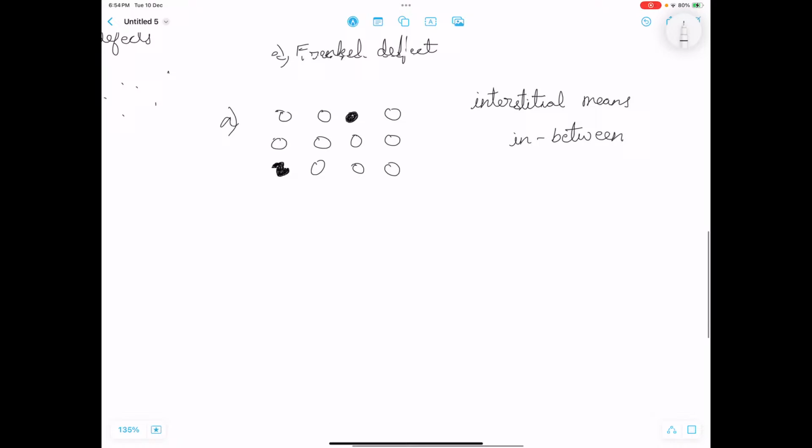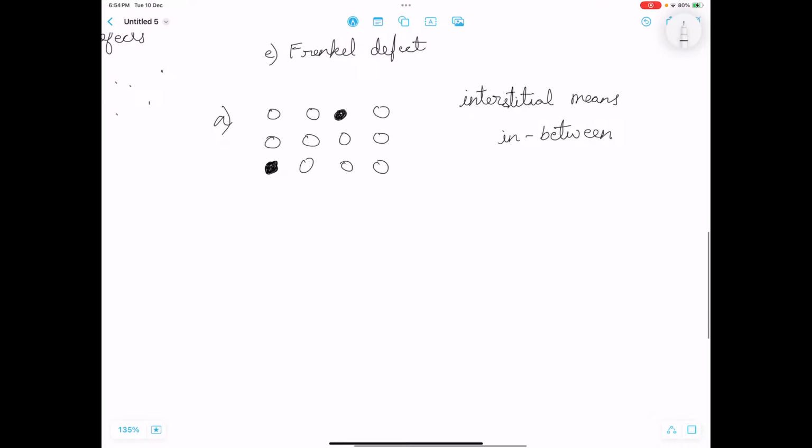I think the name specifies the characteristics of the defects. First we saw vacancy, where the atom itself disappears. Then comes interstitial, in between. An atom suddenly lodges in between the original lattice sites. Now comes substitutional defect, where the atom puts itself in another atom's place. Now the last two important defects are